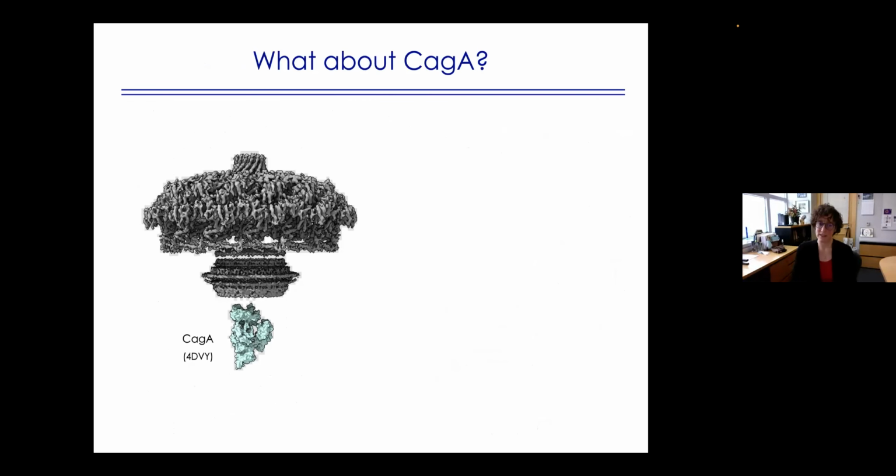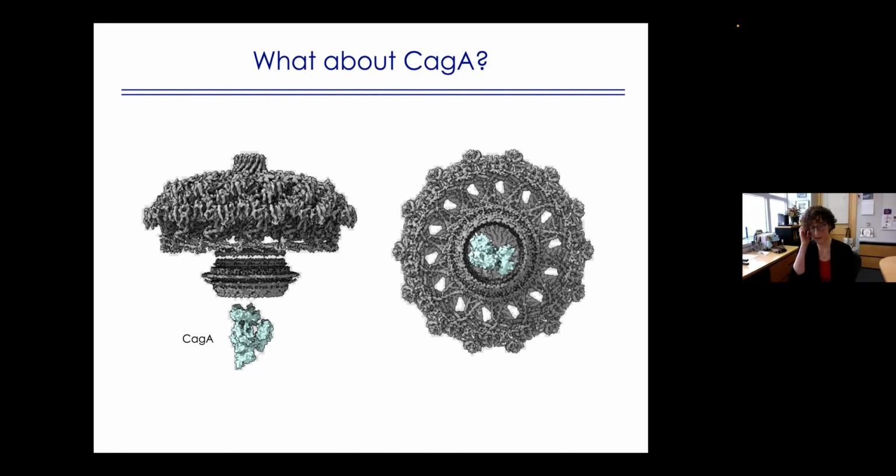The other thing that we did not see was the CagA, the protein that gets translocated. But there is a crystal structure of part of CagA. The other part is predicted not to be folded. And just to show you the size comparison of this, so CagA could actually fit within the periplasmic ring